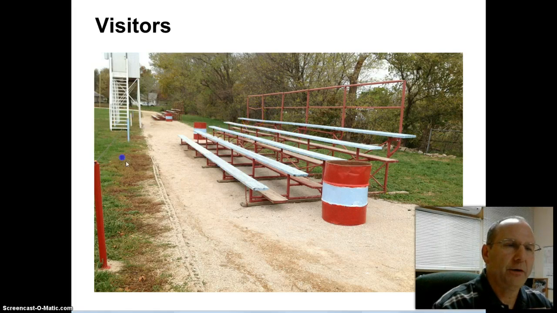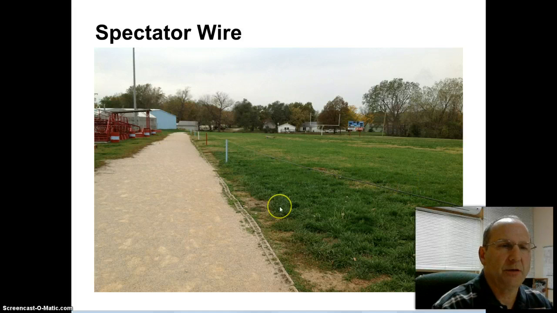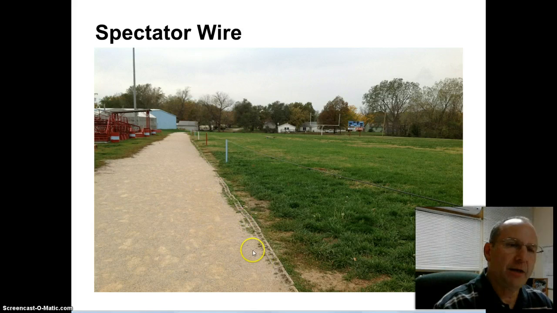There's a wire here and a wire here on this side of the football field. It's to keep spectators back from the football field. It's at a height where little kids, when they run through here, I've seen kids pretty much get clotheslined. It's just a dangerous thing. Probably should be replaced by some kind of a fence.